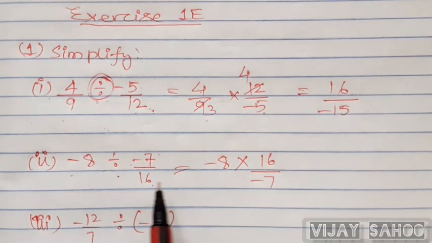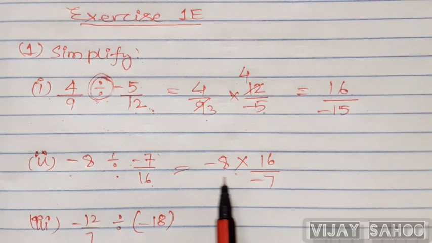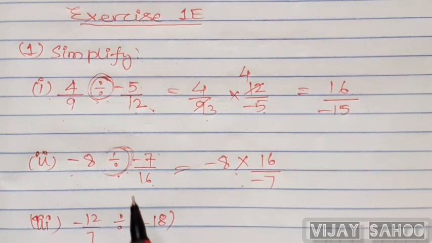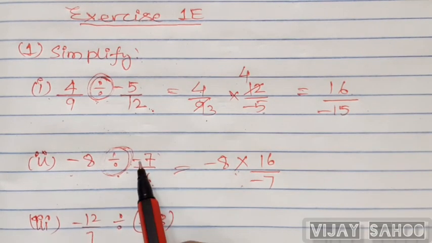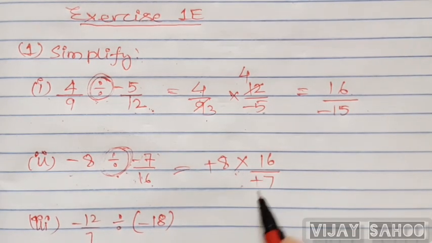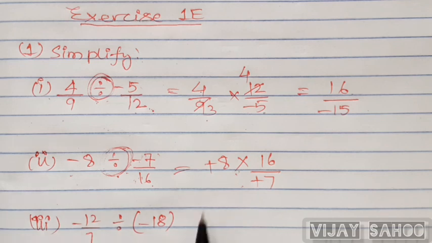यहाँ पे हमें मल्टीप्लिकेटिव इनवर्स लेना है, साइन चेंज नहीं करना है. ओके, डोंट चेंज द साइन, only divide will be converted into multiply. Whatever the positive negative sign in the next term, we have to keep as it is. Minus minus plus now. Is there any possibility to cancel it?